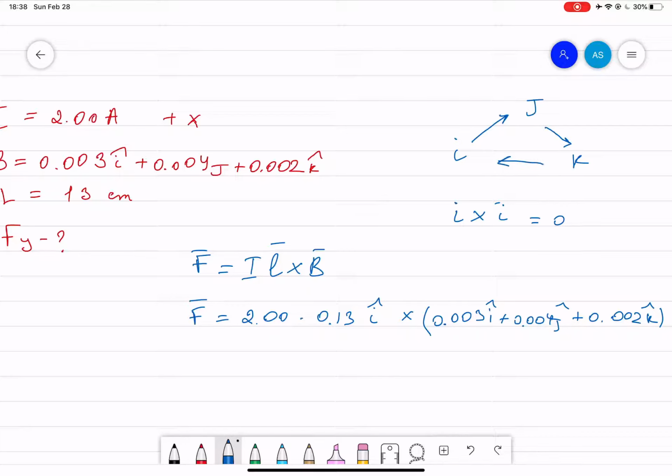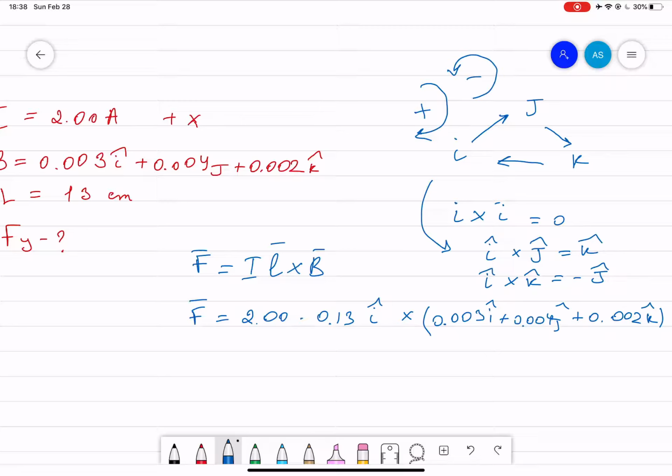So from there we know that i cross j will give you k vector, but i cross k will give you a negative j vector. Okay, so clockwise multiplication will give you a positive, anti-clockwise will give you a negative. Okay,